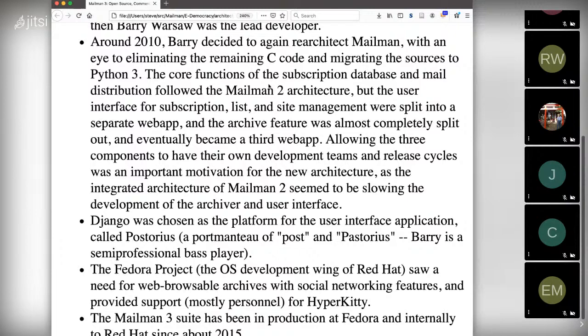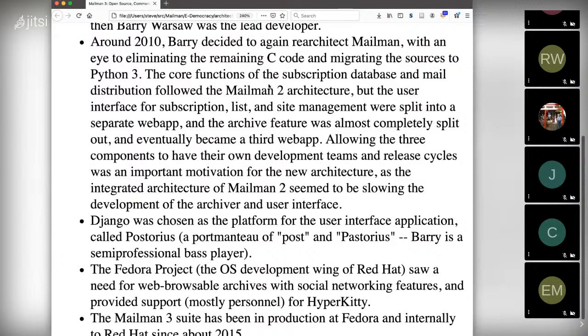The other aspect is the user interface for creating and managing lists and for users to manage their subscriptions. And one of the organizational problems that we had was that we just didn't have very many people in Mailman. And they were very active in many other things. So what we were seeing was that we were being very reactive and fixing bugs, but we weren't developing very many new features except for Barry off on his own developing this new thing.